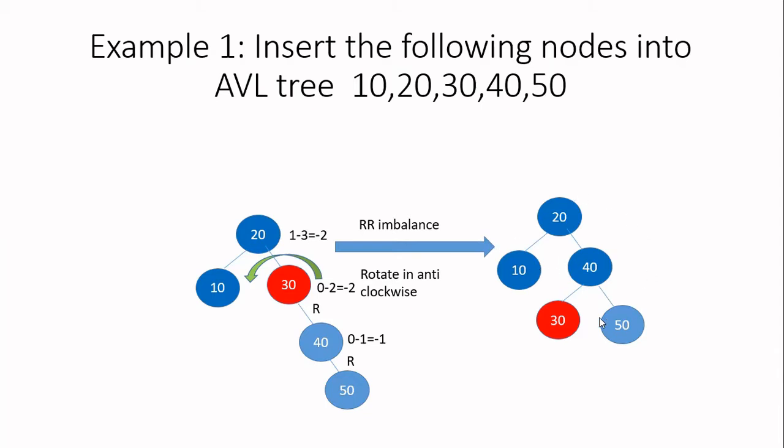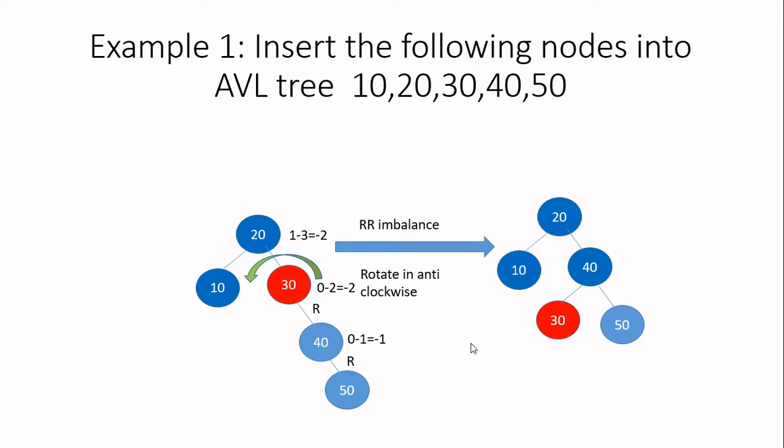If you calculate the balance factor of any node after this is over, you will get it in the allowed range. And one more thing is, at any point of time, you can see the nodes in the AVL tree will have the property of binary search tree satisfied. That is, all the left subtree will be having values less and all the right subtree will be having values greater. This is true at any point of time in an AVL tree. But sometimes it may not be balanced. That only we are trying to balance by means of rotation.